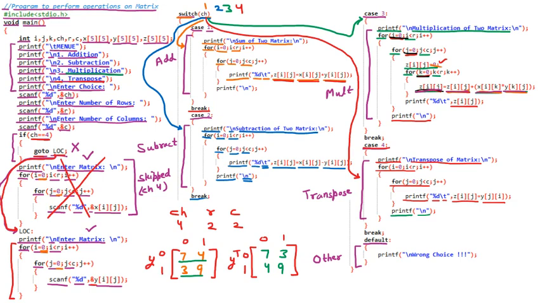And obviously if we are not entering the proper case, let us suppose that we are giving the case 5 or something, in that case it will directly jump to the default case, and default case is saying wrong choice. Wrong choice means it is wrong. So this is how we can work with the default case. So there we have learned addition, subtraction, multiplication and transpose of the matrices. So this is the program of matrices operation.